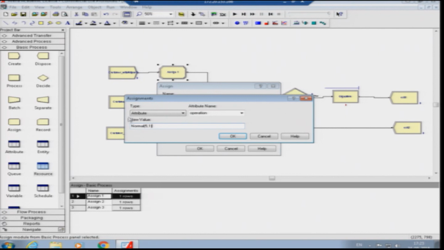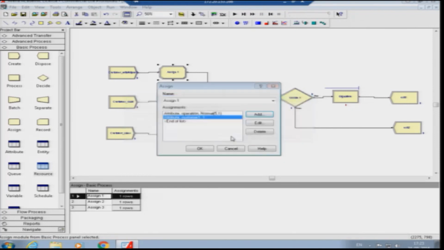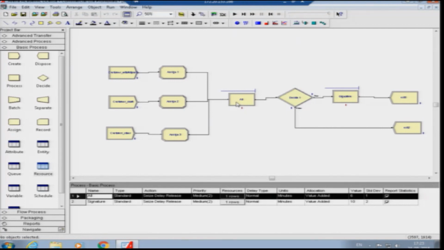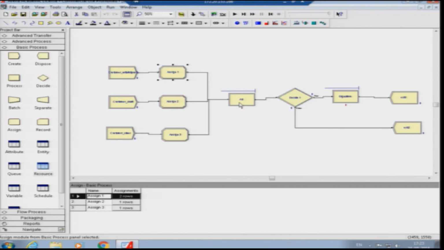This signifies that we are defining one attribute named operation, whose value is normally distributed with 5 as the mean and 1 as the standard deviation. So when this particular entity reaches this particular process, it will take the value of this attribute, which will change the process characteristics. I will come to that later.